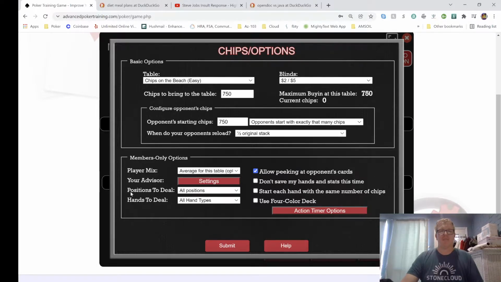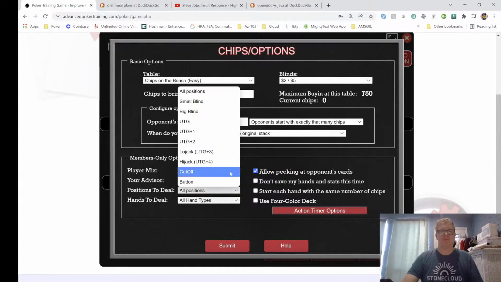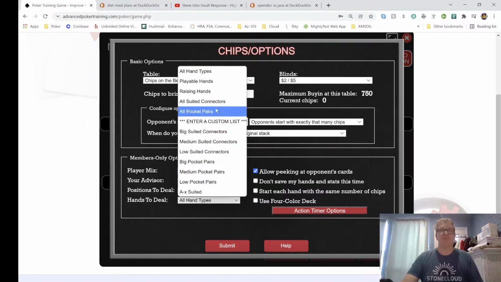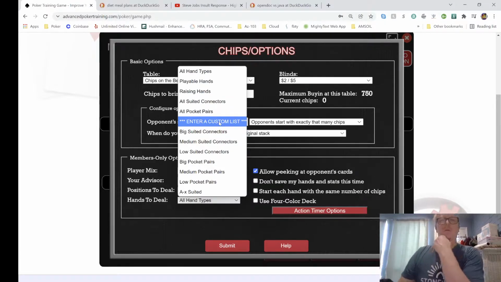So for a regular game, you're going to want to deal to all positions, all hand types. You can change this up. This way you can practice different positions. You can practice different types of hands. You can even enter a custom list of hands. So you can say